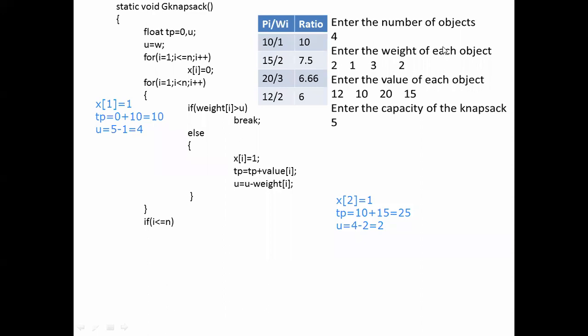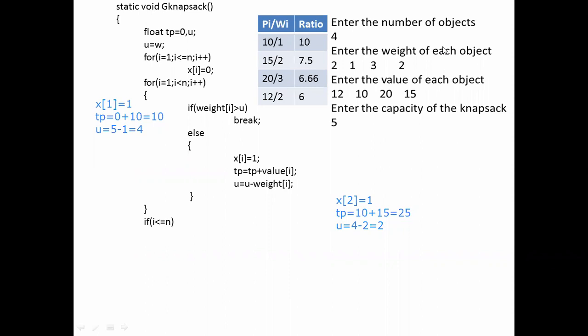Then again it will increment the value of I, which becomes 3. The next item you are going to consider has ratio 20 divided by 3, that is 6.66. So the item is the third one according to the values entered. 20 is the value of that and 3 is the weight of that.